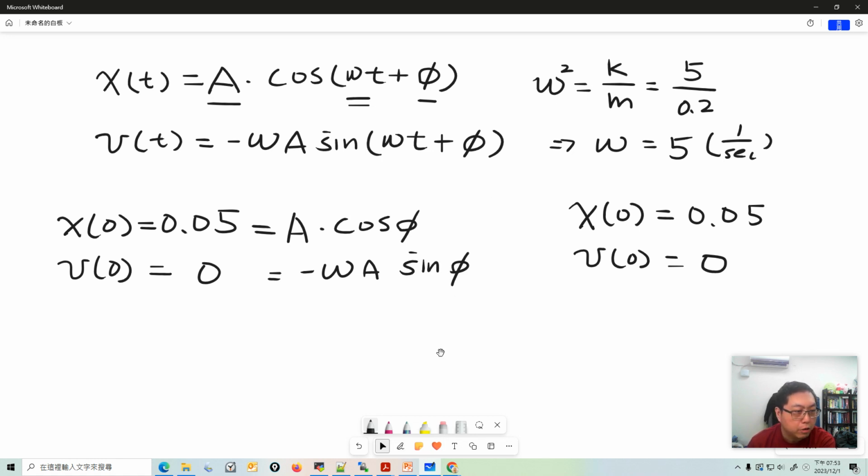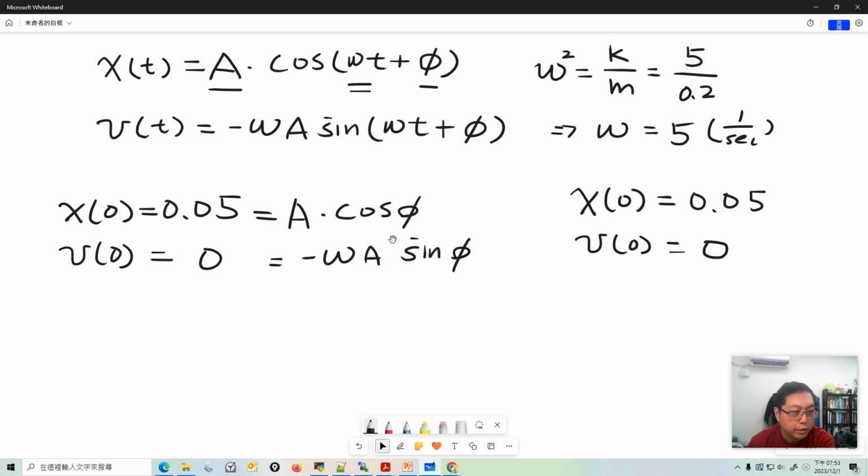Okay, so by these two equations we can solve for A and phi. Which one should we solve first? We solve the velocity first. I think this is equation 2, and this is equation 1. From equation 2,